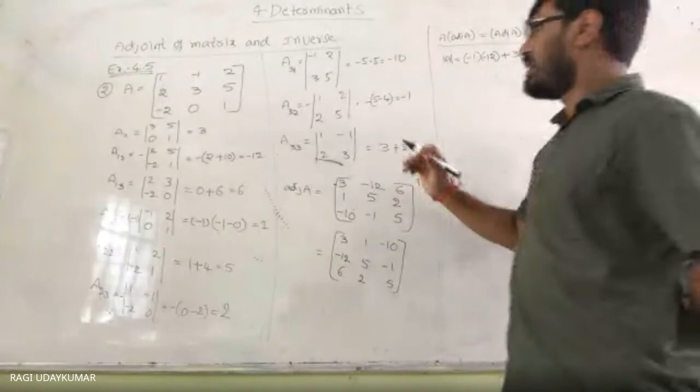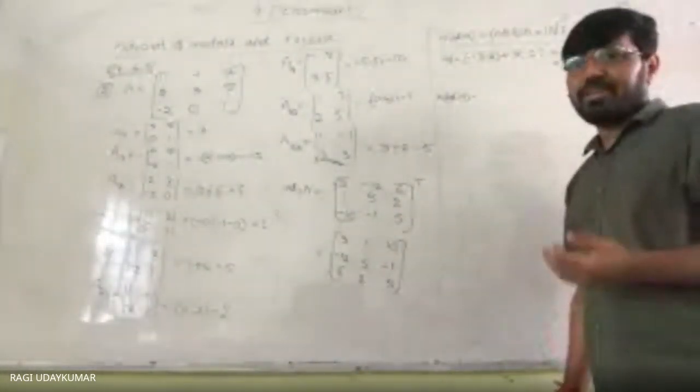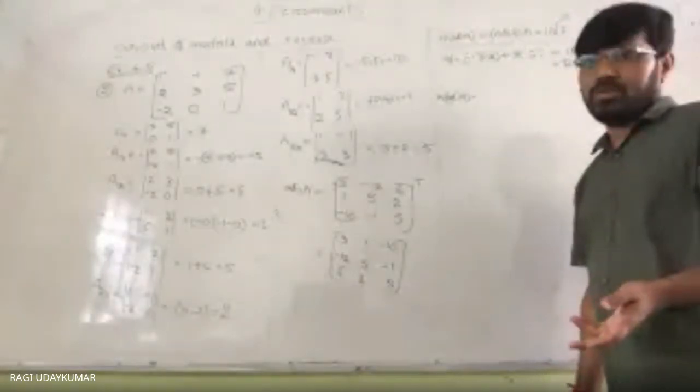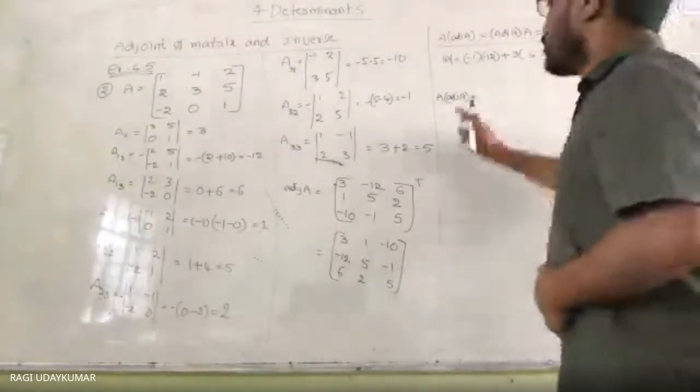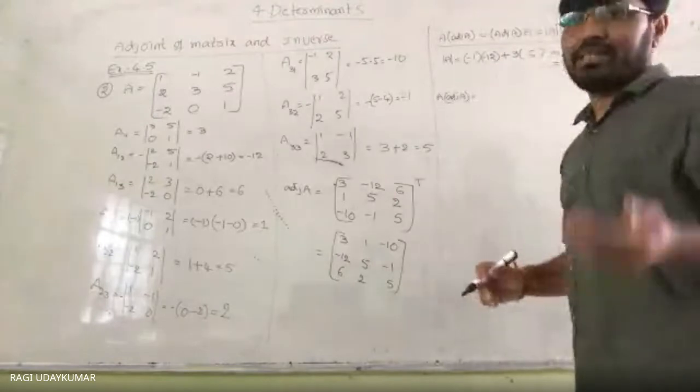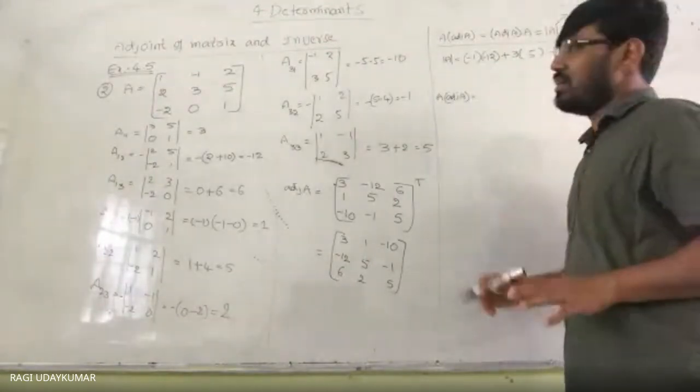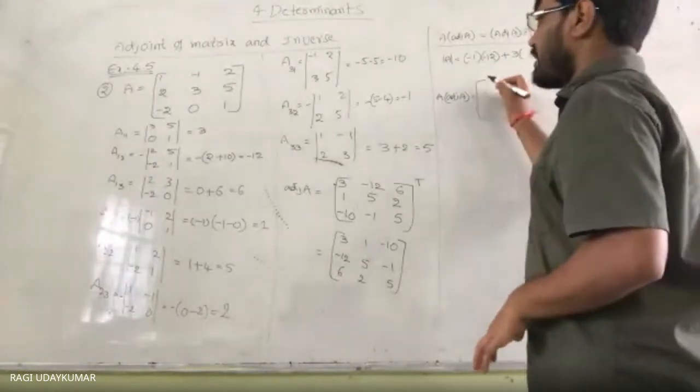Let us see here. A into adjoint. It is not asked in the question, it just asks you to find the adjoint of A only, but you need to know how we verify it. The verification process you also need to know. So that's why I'm saying this to you. The third and fourth questions are the same. So what do you have to do here? This matrix. Let us check it.